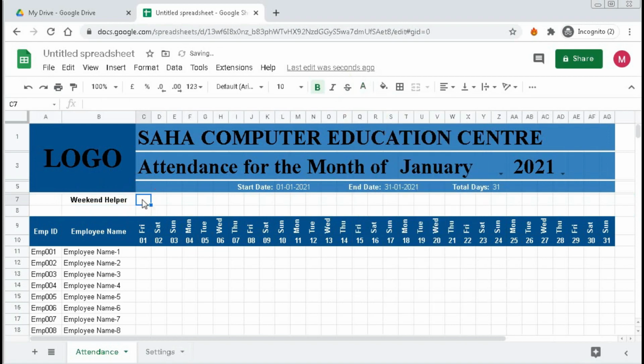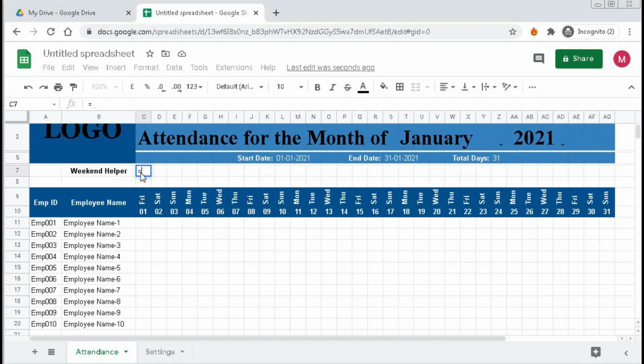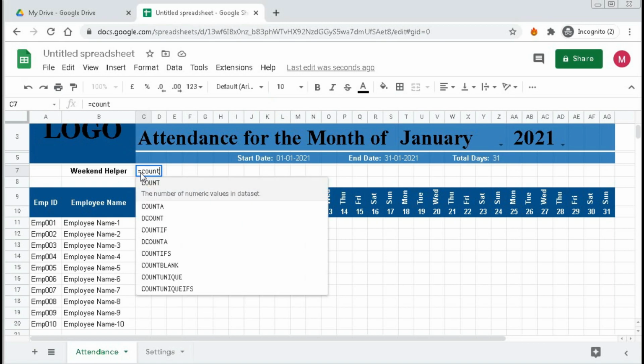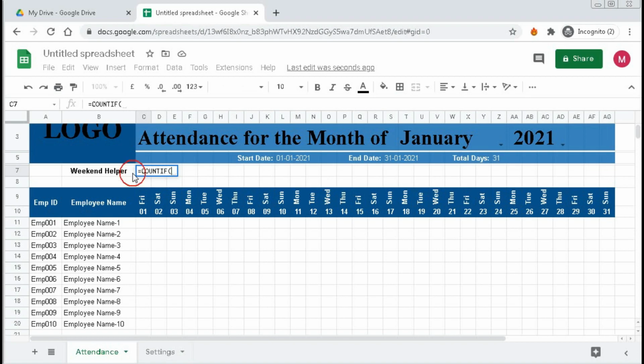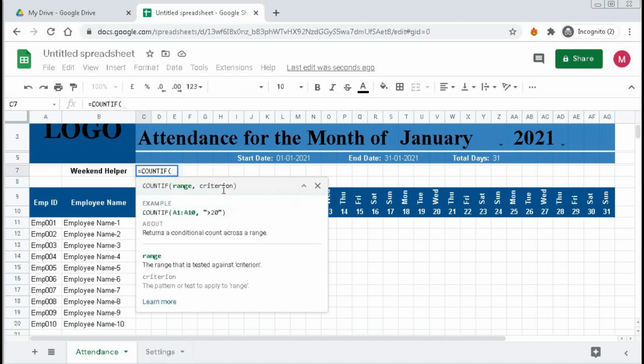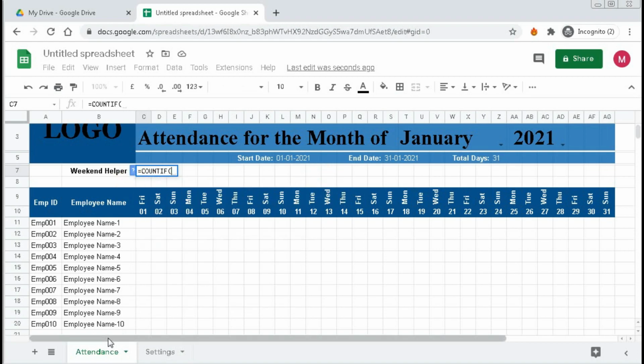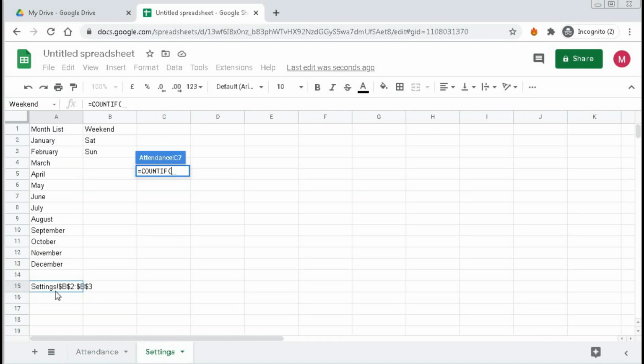Okay, and here we'll type the formula equal to COUNTIF bracket open, and here you can see first is our range, then criteria. If we go to settings, we can see in weekend, this is our weekend range. So here we have the text string for our range. To convert this text string, we have to use the INDIRECT function.